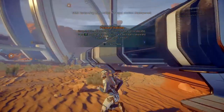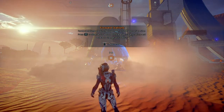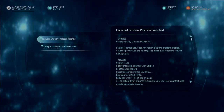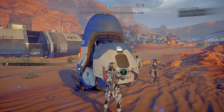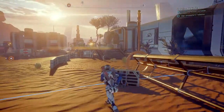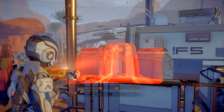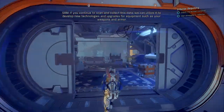Activating automated forward station deployment. Looks like the forward station and supplies are intact. Downloading Nomad crate access code. This analysis provides us with important research data, Pathfinder. If you continue to scan and collect this data, we can utilize...